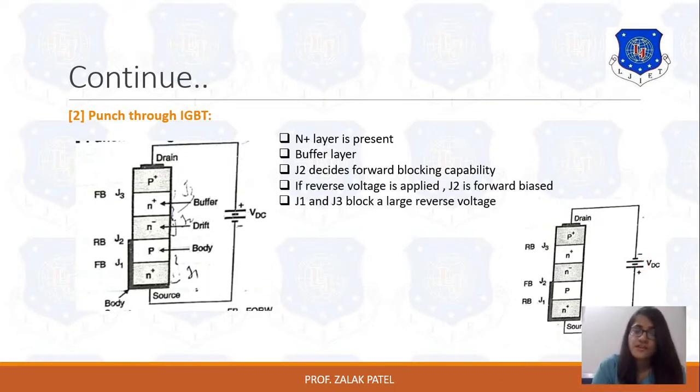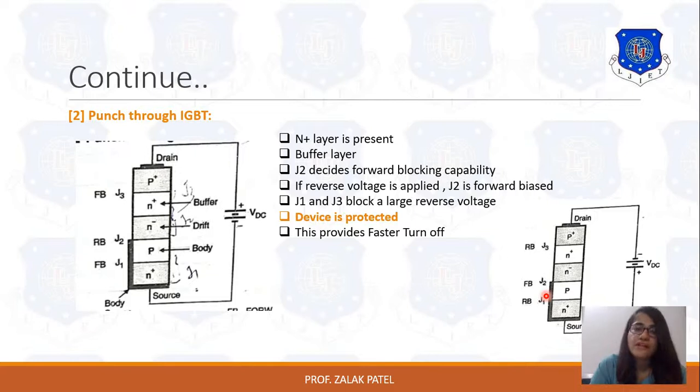Because J1 and J3 do not block, the reverse breakdown voltage is very low in the punch through IGBT, and because of that the device is protected and has a faster switching period, meaning it easily turns on and off. So the widely used IGBT is the punch through IGBT, while the non-punch through IGBT is generally preferred